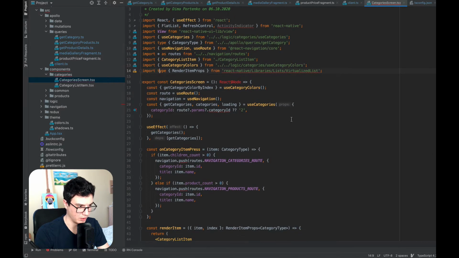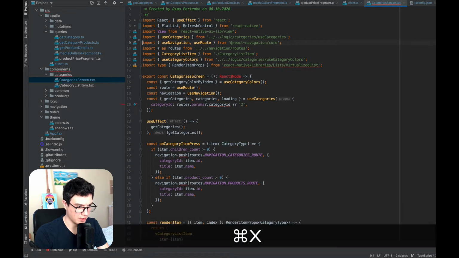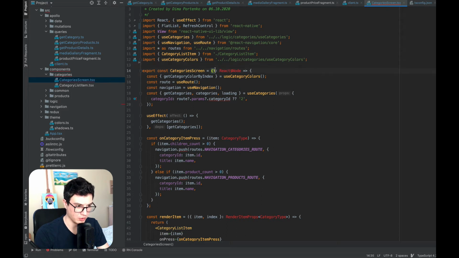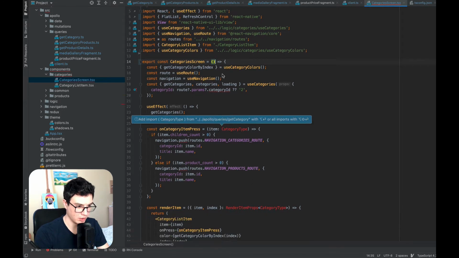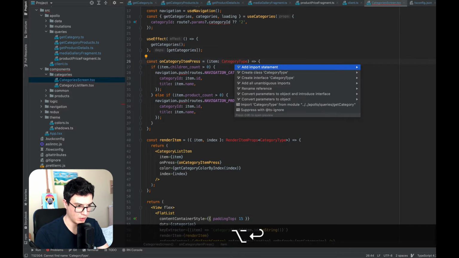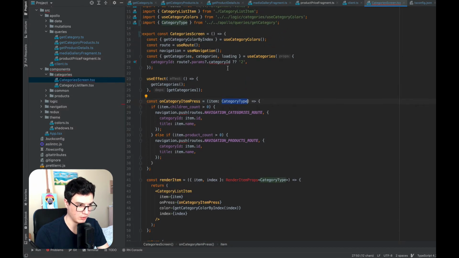Okay, now we're in our components. So we did import type for flow types, which is not the case for TypeScript, so just remove this type import. Also we don't need this return type React node. And we can add import here, category type,